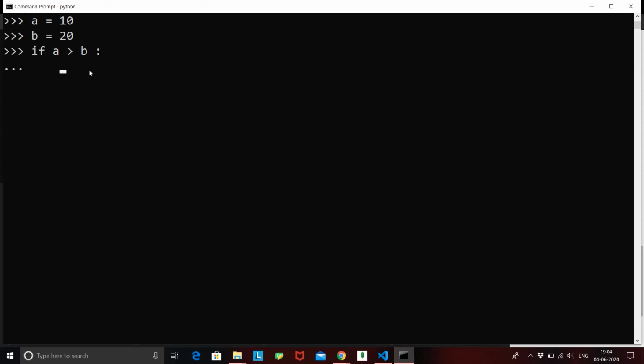After I give a tab, I'll say print "A is greater". Else, again a colon specifying that there is a block coming next, and now print B.